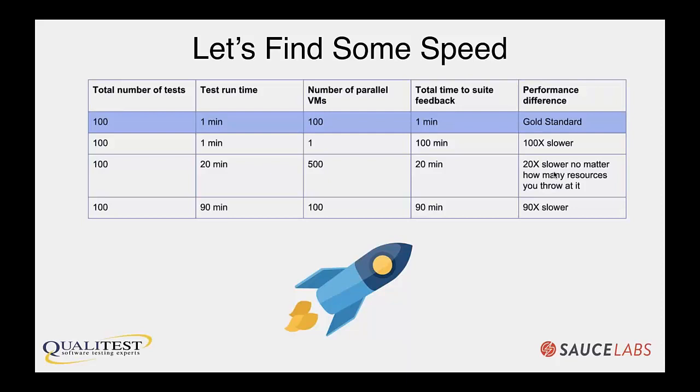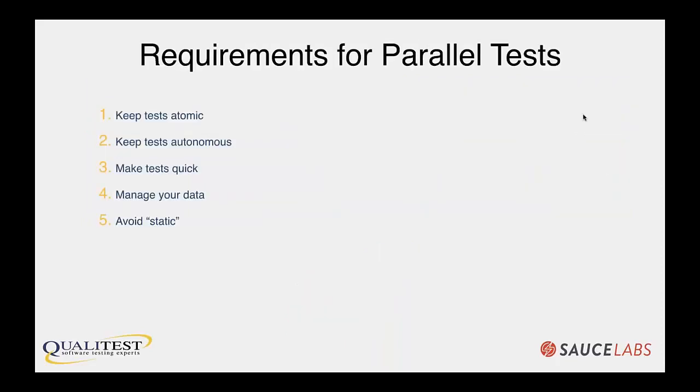So keep this in mind, because I'm going to help you to get to parallelization. I'm going to give you some techniques on how to achieve parallelization, but ultimately, this is the scenario that you're shooting for, to get that 10-minute continuous delivery cycle feedback time. So how do you actually achieve parallelization with your test automation? Well, I've got 5 requirements here that you need in order to achieve parallelization. And number 3, it's not technically a mandatory requirement, but it is highly recommended. And in order to get that fast feedback loop, you want to utilize number 3, and I'll talk about that more as I get there.